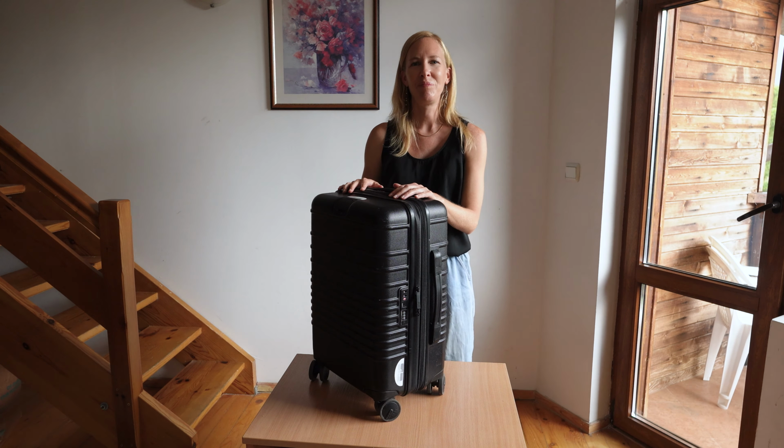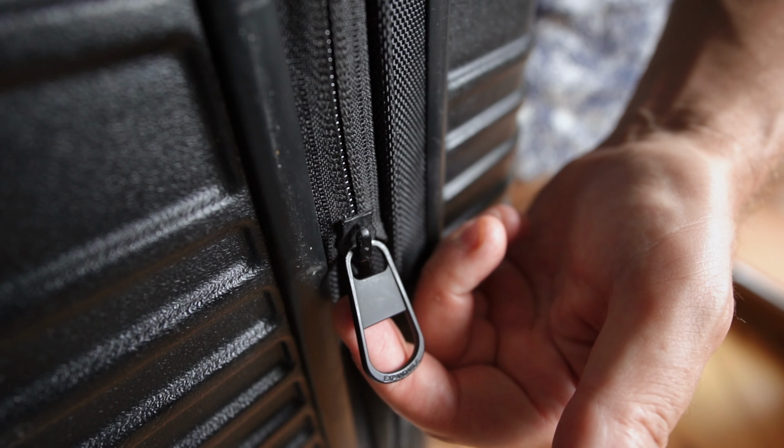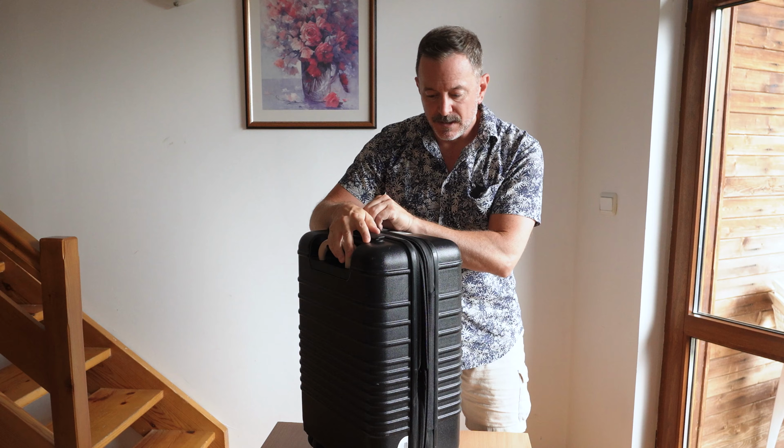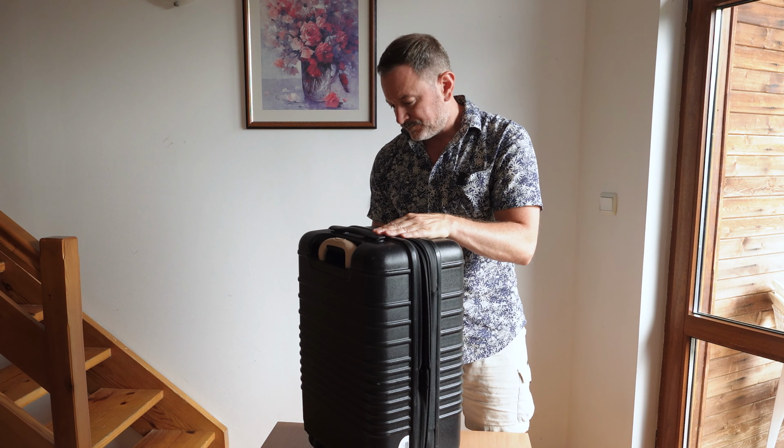So now we're going to talk about the pros. First of which is the fact that, as we've already mentioned, it's expandable. This is the zipper for the expander, and the zipper pull is actually quite large, super easy to zip. In addition to that,